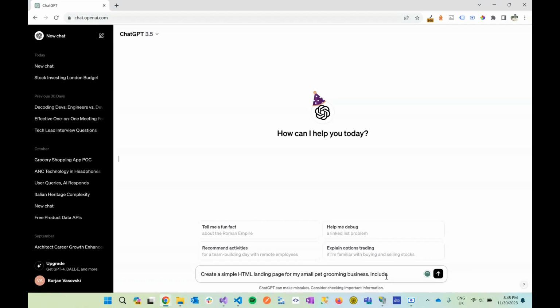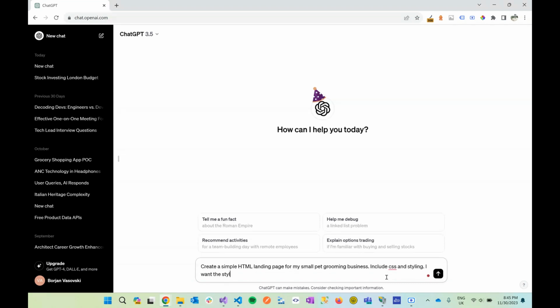Include CSS and styling. I want the styling to be light, let's say light, cute, summery. I'm doing this live, by the way. I haven't done this before, so I have no idea if it's going to work, or what the state of this will be. Anyway,